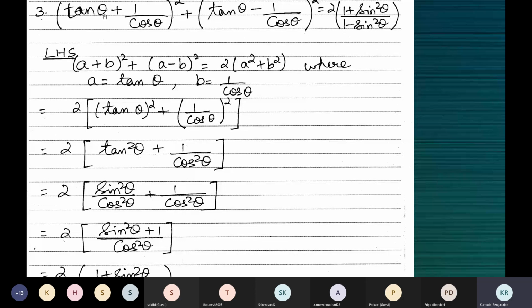So I think the right start is, whenever you see you can make use of an identity, use that first. Give preference to the identity. (A plus B) the whole square plus (A minus B) the whole square is equal to 2 of (A square plus B square). We've used these two identities, this one and (A plus B) the whole square minus (A minus B) the whole square is equal to 4AB, in many places. You'll be using it frequently in quadratic equations also.